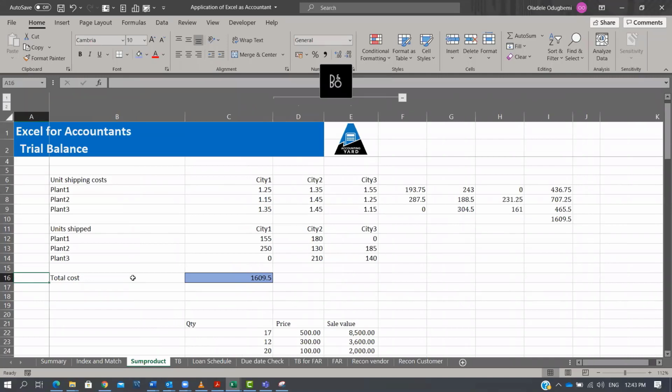Before we move on to the next session, we are done with index and match and sumproduct. Any question, please? The chat room is open for everyone. Okay. So, in the absence of any question,